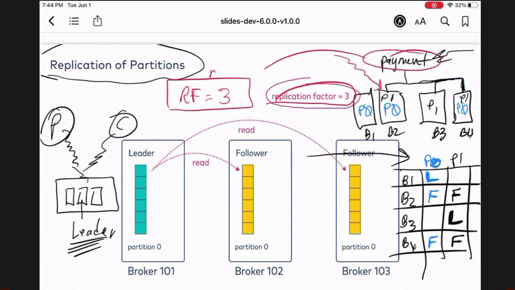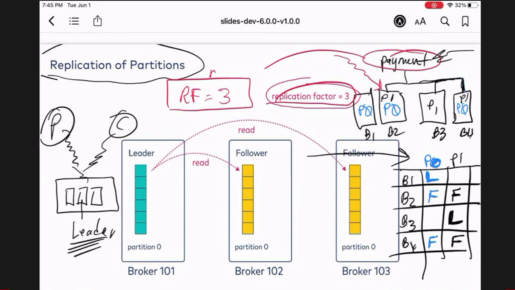And if I tell you the data is going to partition 1, and I ask what broker is going to get the request, you know it is broker 3, because broker 3 is the leader for partition 1. Then you say, well, then what is the job of the followers? Well, as soon as the leader gets it,